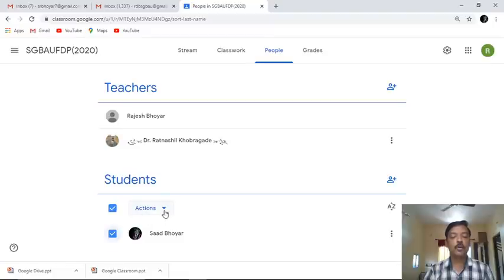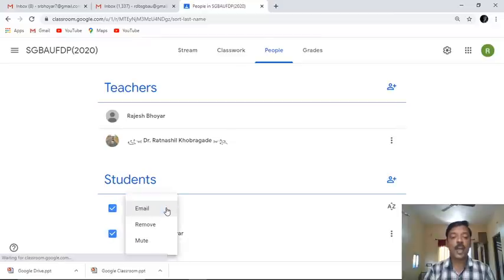So suppose I have found that some student is sending continuous messages like hello sir, good morning sir, good afternoon sir, good night sir, and generally students have this habit of sending a frequent number of messages. So in this case, you can click on that particular student who is continuously sending messages in a class, and you can go to action, and you can make him something, and